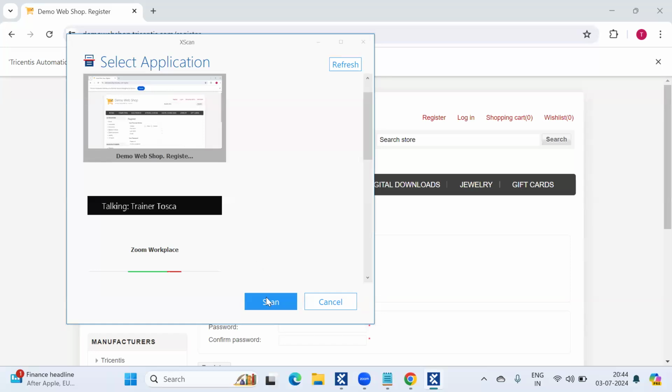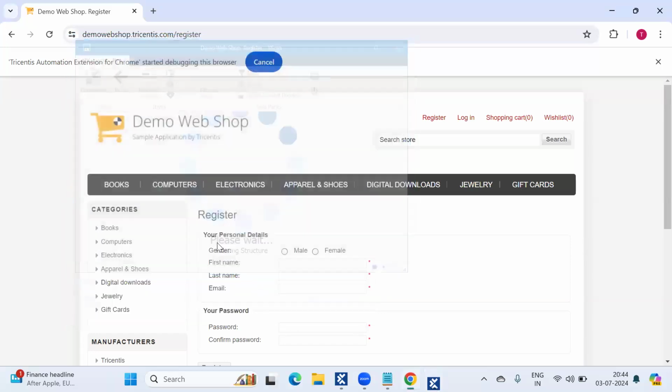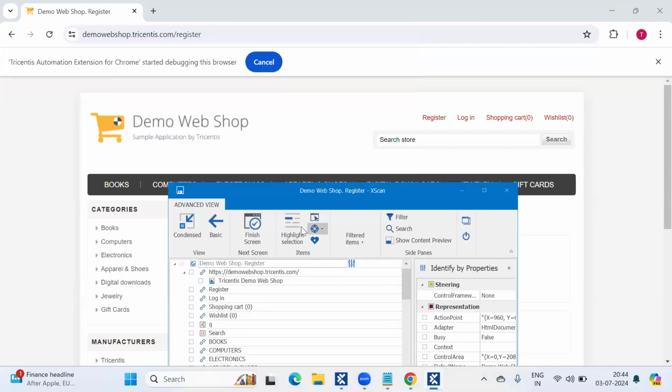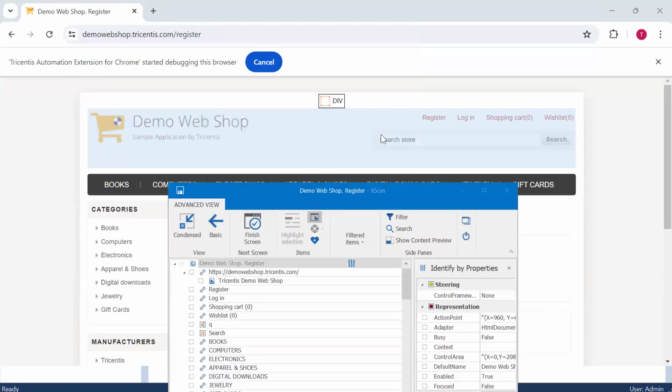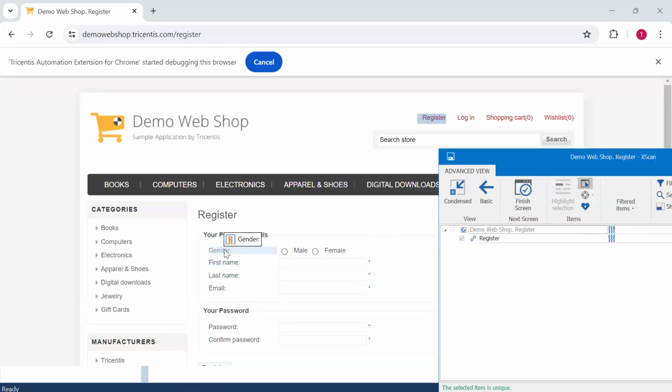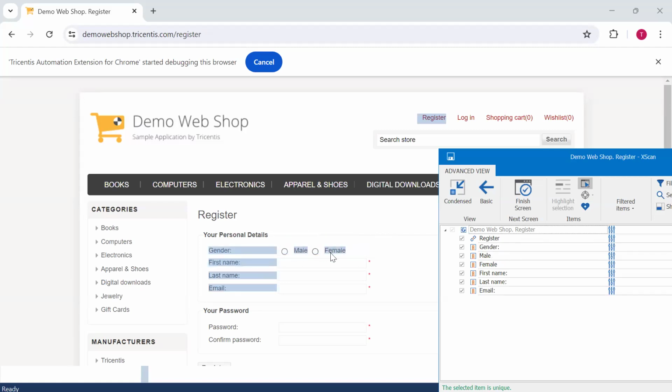Okay, let me scan this application first. Select on screen. I am selecting register one. First name, last name, email, male or female.